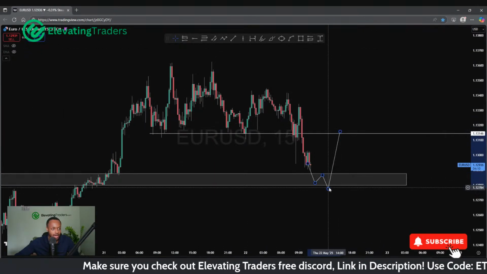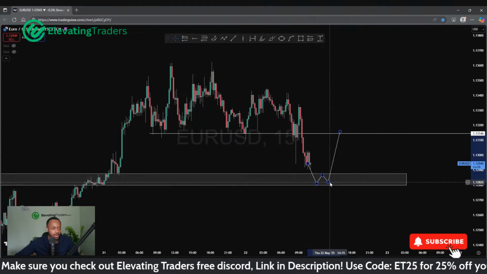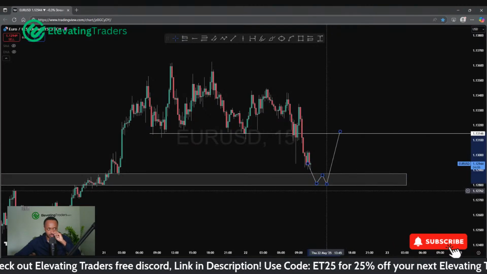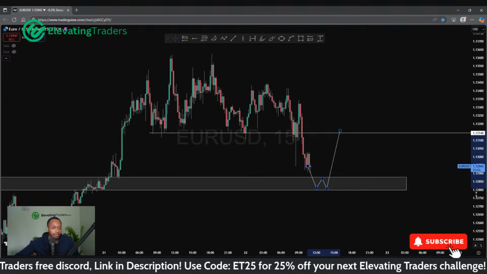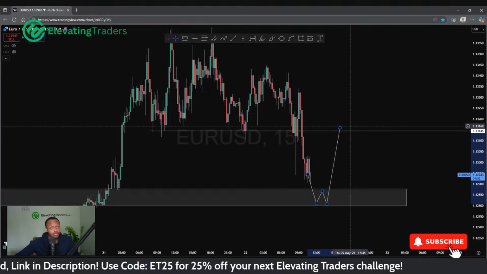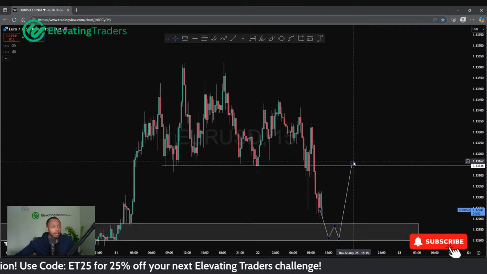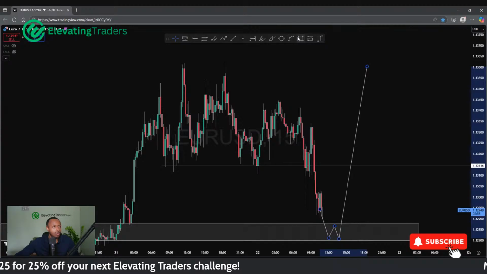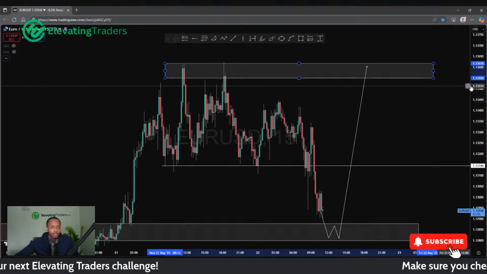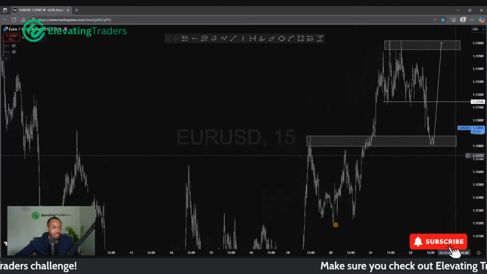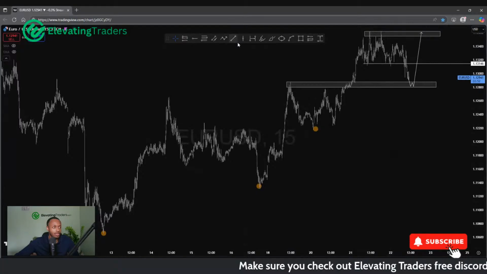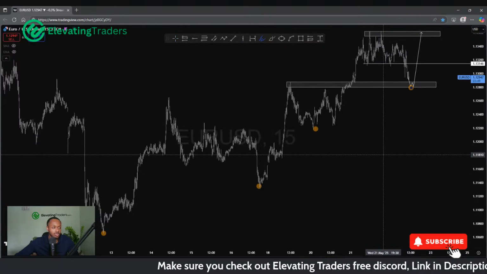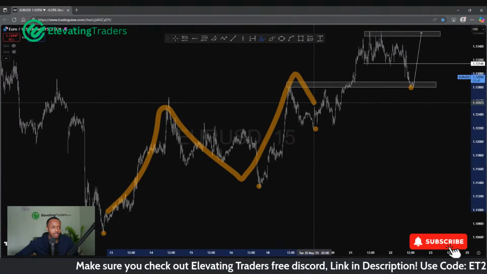And you can monitor how things look there. If we're seeing some rejection and momentum slowing down, perhaps you can lock in some gains or even close the trade. But if everything goes well, that is what I'll be looking for on the 15. See if you can basically continue this market structure, find the next higher low, and keep pushing to the upside, because we're seeing some really nice swings here.